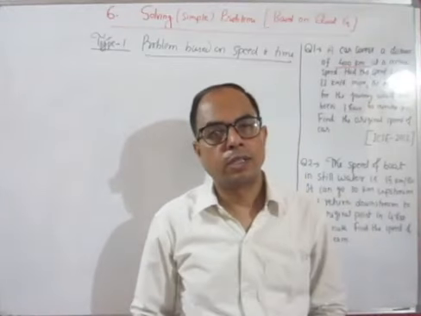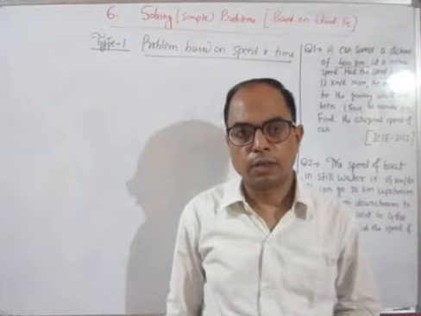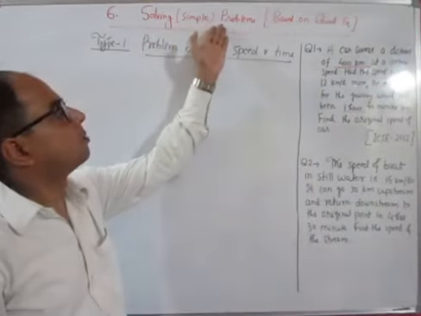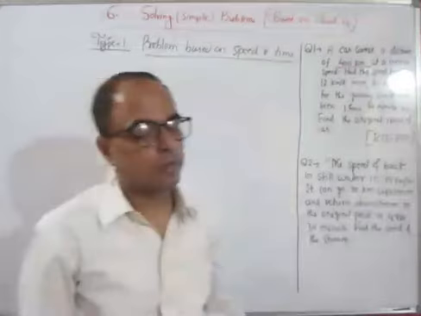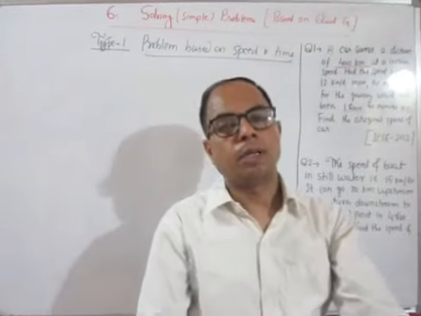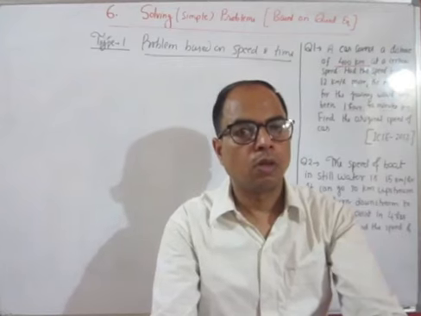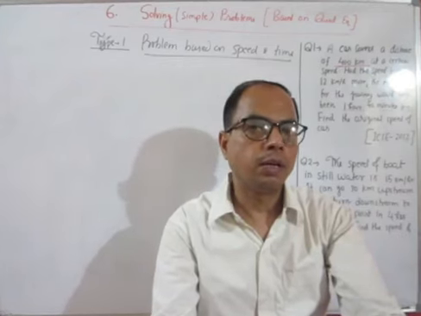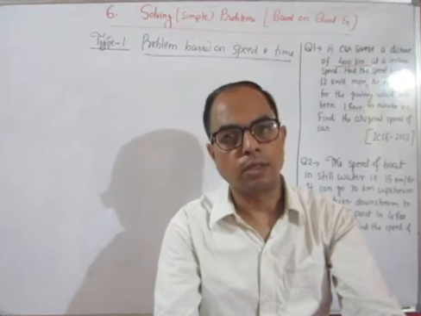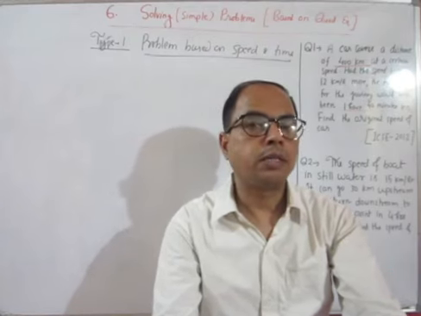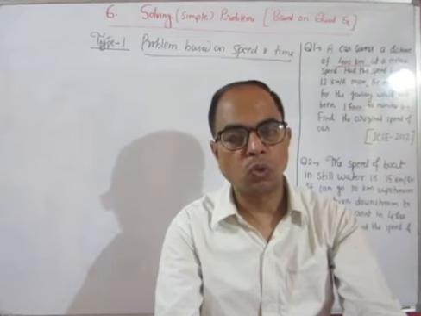So good morning students. This is lecture 1 of chapter 6, solving simple problems based on quadratic equation. Now in this chapter you will get word problems based on quadratic equation. Some unknown quantities will be there and you have to find that unknown quantity. So what is the general approach to solve